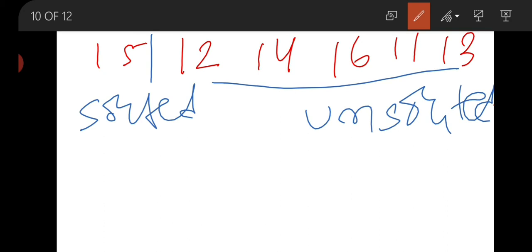This is the mechanism that was written in the definition. Now insertion sort will start the comparison. See how the comparison will be done.